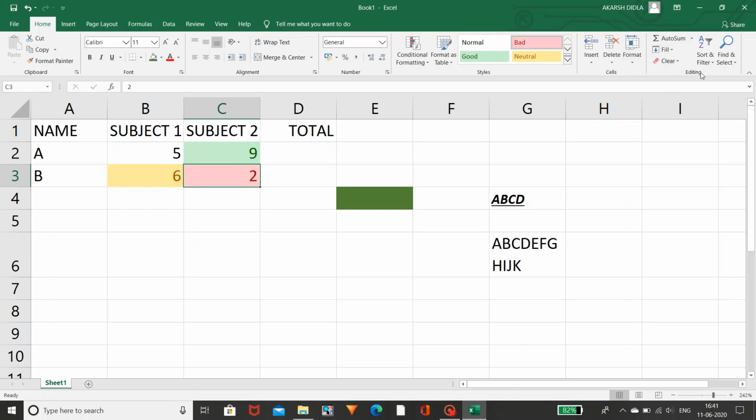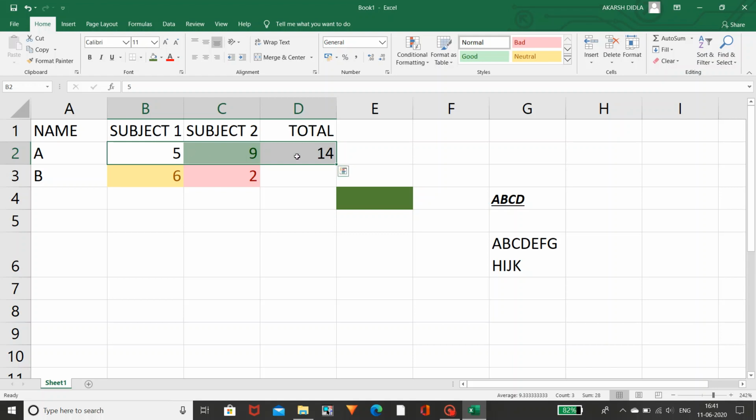And coming to the editing, as I told you at the first, I am not doing the total. Why? Because I will not do it manually. I will do it automatically by using Excel. I will show you how to do that. Use shift to select the numbers which you want to add or which you want to do the sum. Likewise you have to select it by using the shift and click on this auto sum. So it will automatically generate the number.